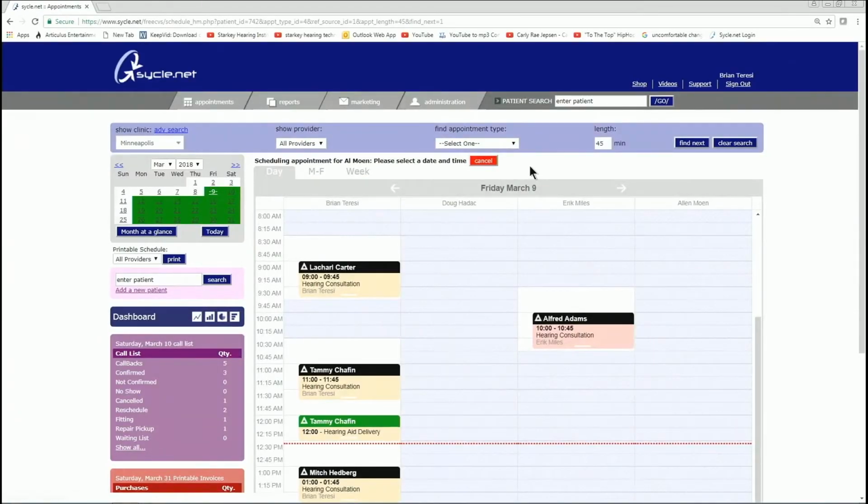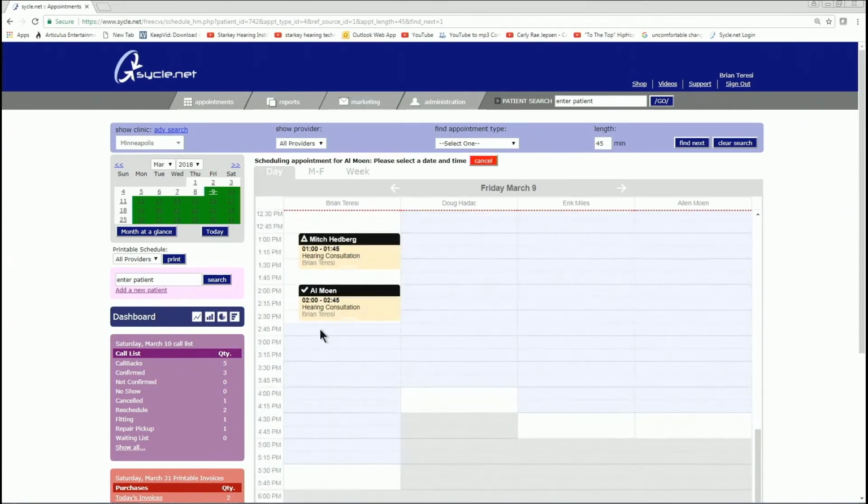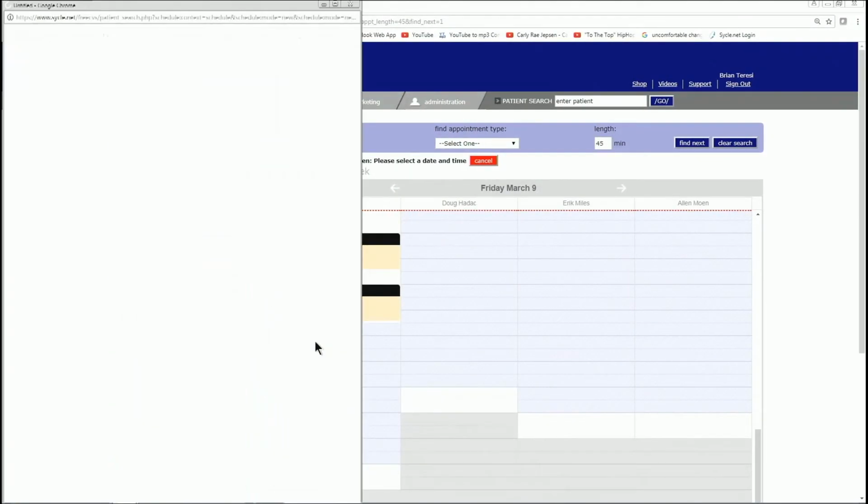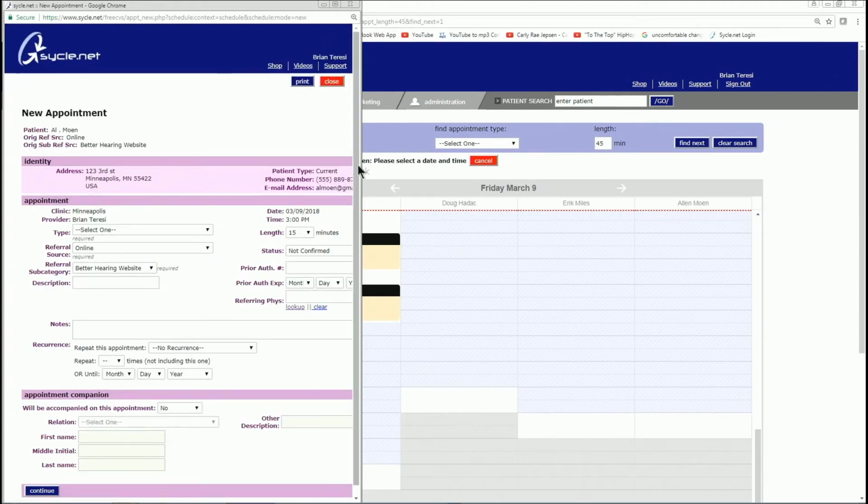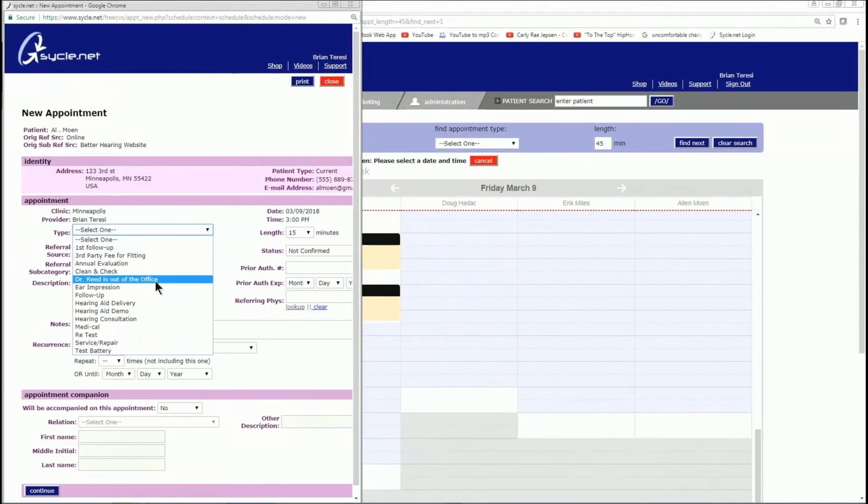But in this case, I'm going to say I want to schedule the fitting. And normally you're not going to schedule your hearing consultation and your fitting on the same day because you have to wait for the hearing aids to come back. And so for these purposes, I'm going to say it was today. Okay. I'm going to schedule this type as being the